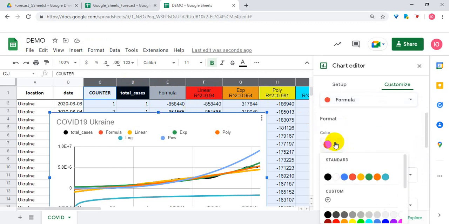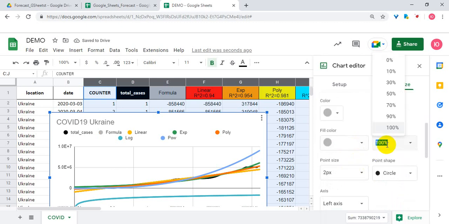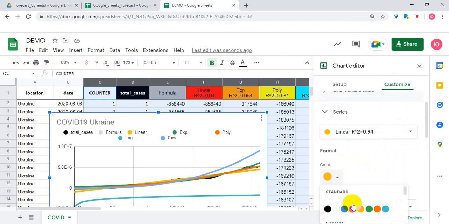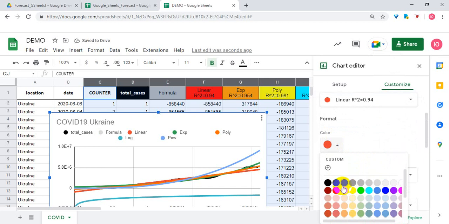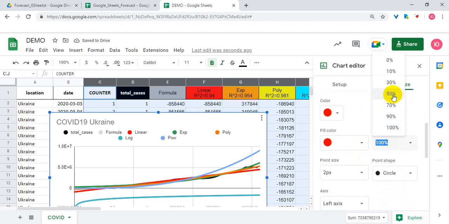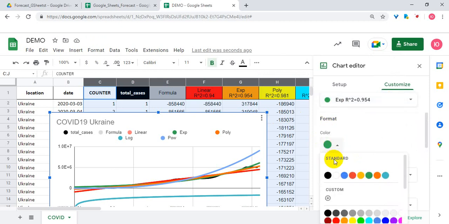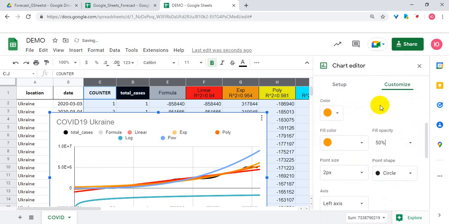Formula gray, opacity 50%, linear red, opacity 50%, exponential orange 50%,